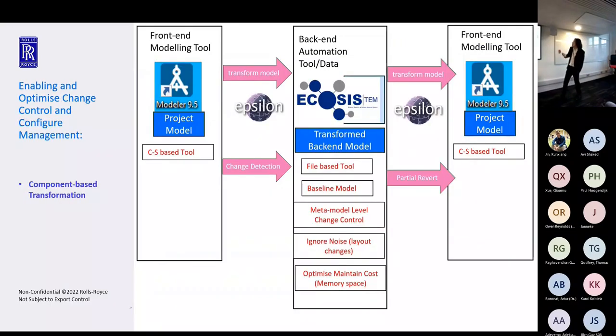And we're also enabling some configuration management, if we show through this way. Like the PDC modeler is a client and server based tool. So you can't do your configurations unless you do it the really hard way. They can allow you to version your model, but it takes lots of memory space as well. It's current, but through the transformation, we can make it file based. So you can configure that in Git, so you can identify your changes.